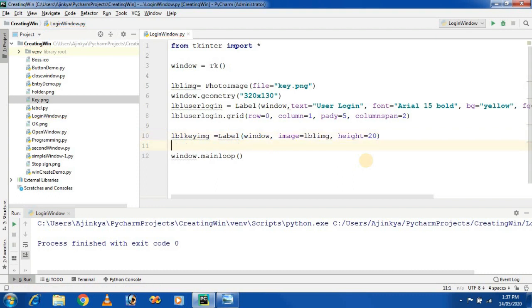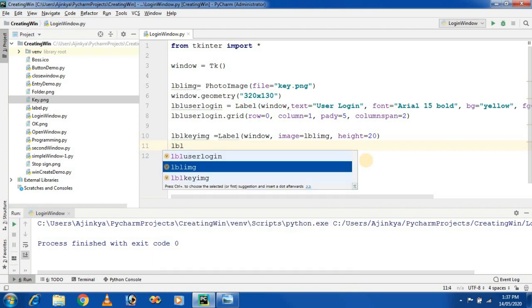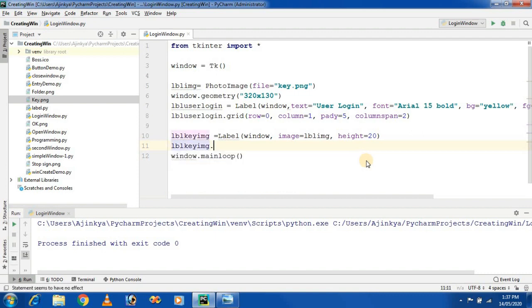So place this lbl key image on the window by using the grid method. lbl key image dot grid. The first parameter is the row position, row is equal to 1, and the column position, that is 0.